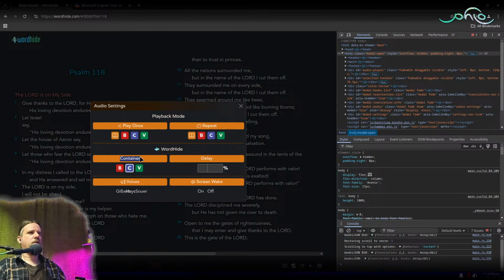either container or boundary or something like that, because what it's going to do is it's going to repeat either just a single verse or an entire chapter or an entire book.